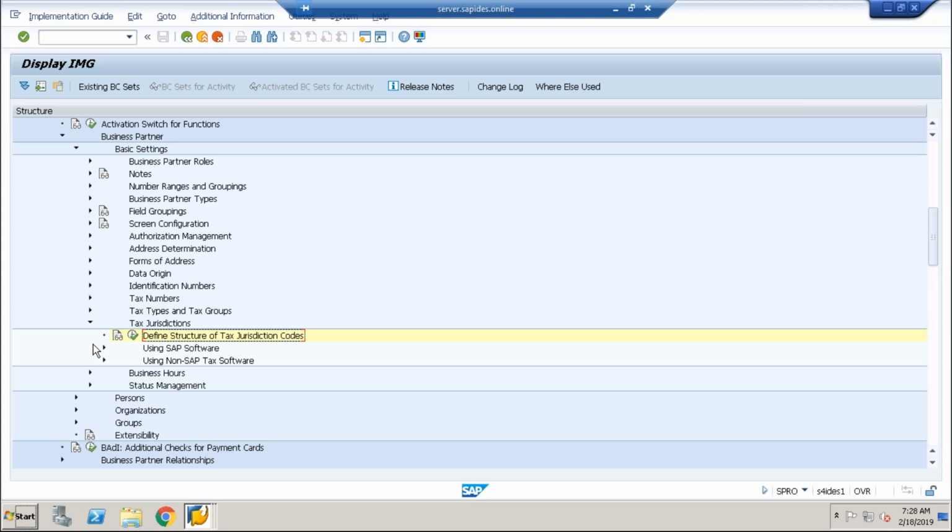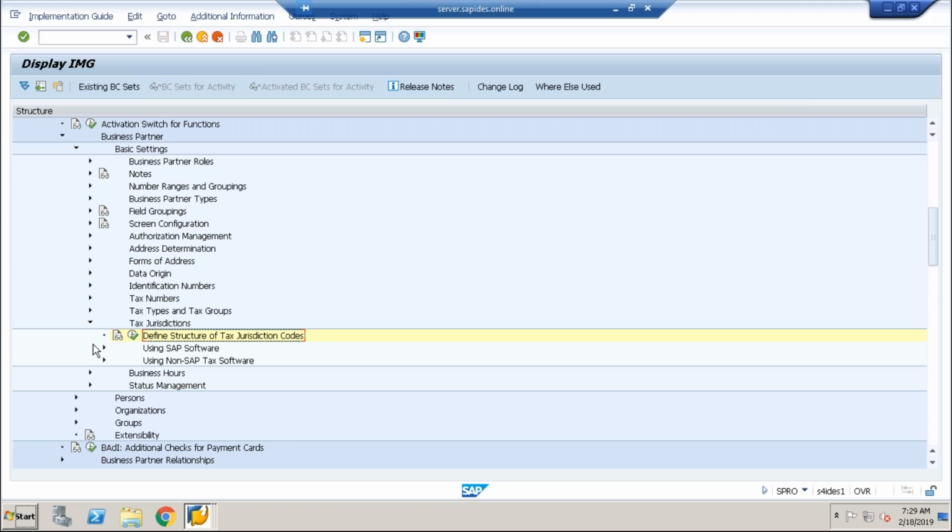So whenever you create any business partner, your VAT registration numbers all come in based on the tax jurisdiction code, which feeds the data into my business partner generic data. This is how the entire tax jurisdiction is maintained in the system.